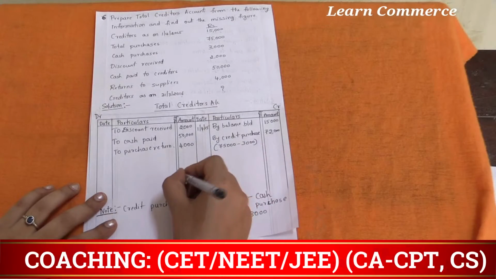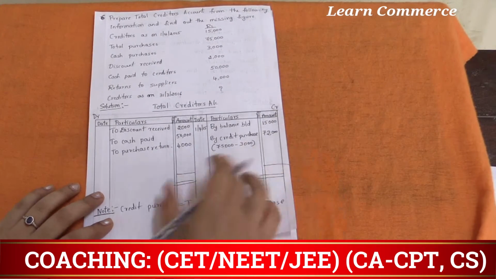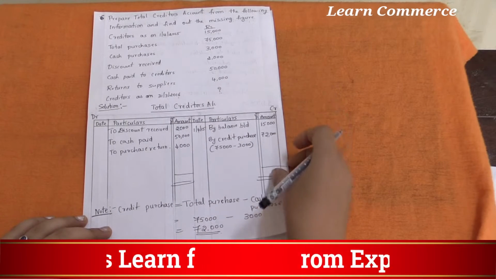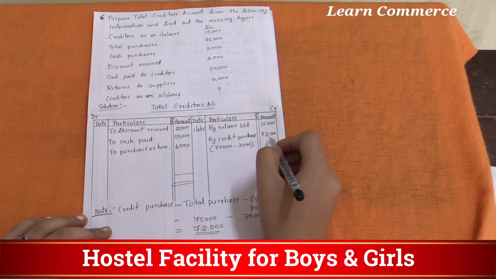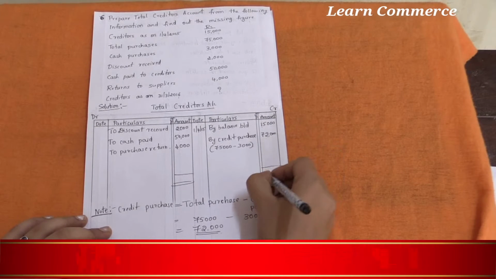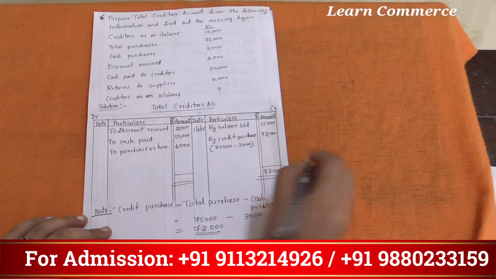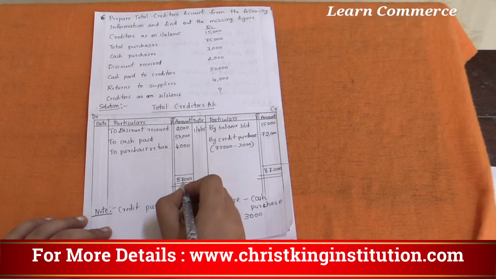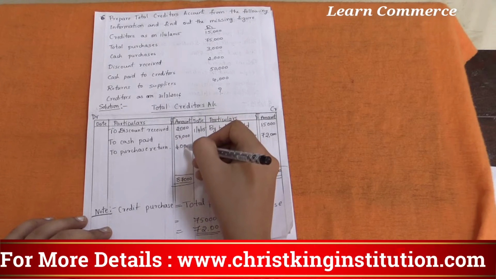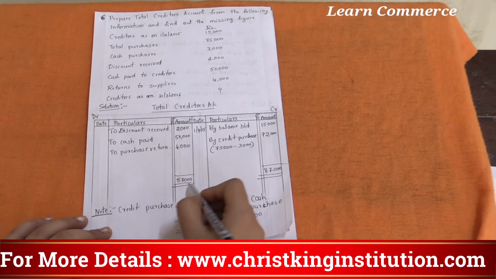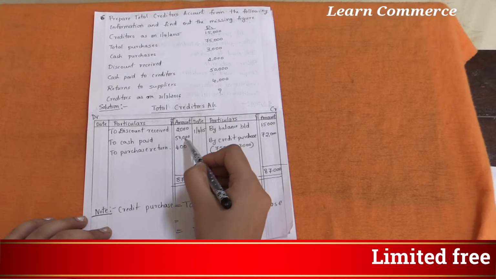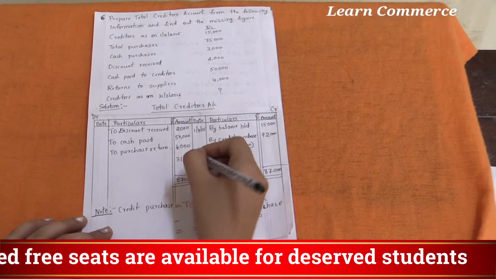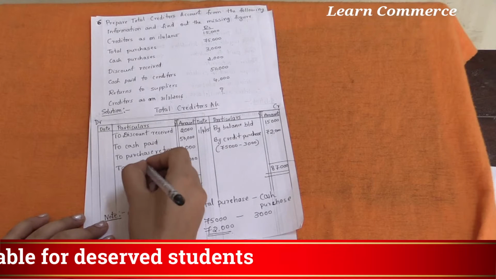Okay, now make the total of both the sides. Which column is giving the more amount? That is the credit side. 15,000 plus 72,000, it will be 87,000. Here also write 87,000. Now from 87,000 you have to deduct these figures. 87,000 minus 2,000 minus 50,000 minus 4,000, you get 31,000. This will be the closing balance of creditors.